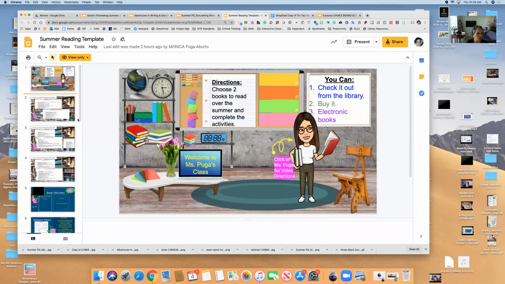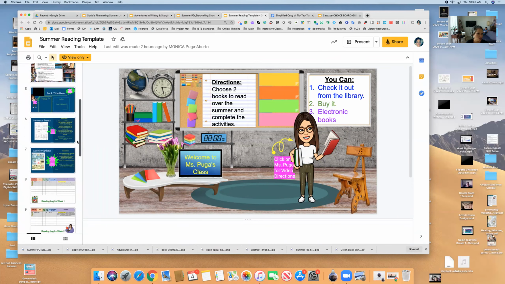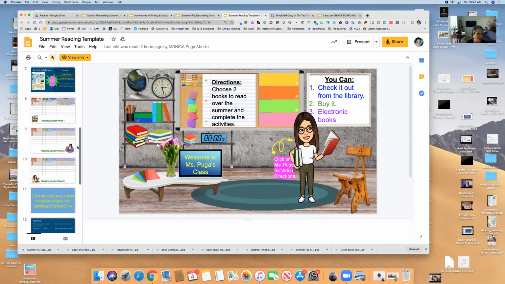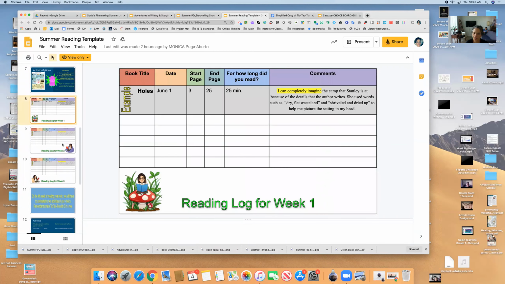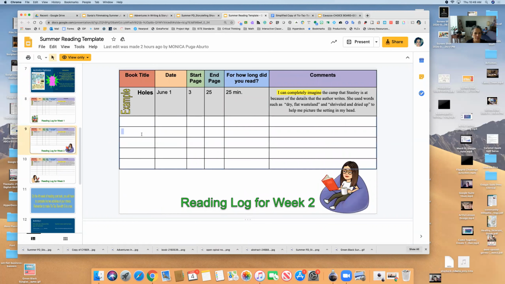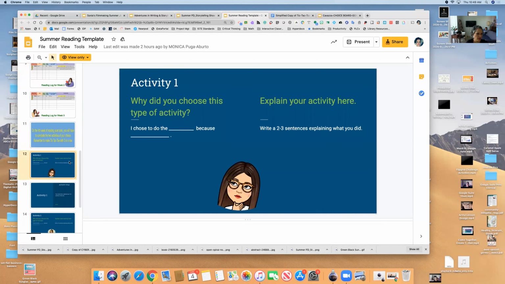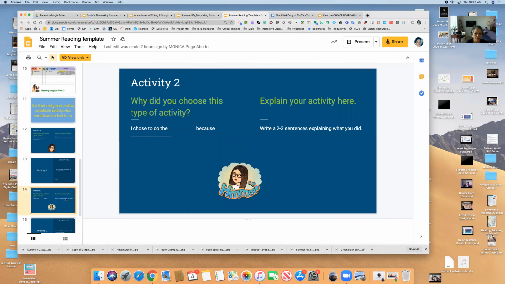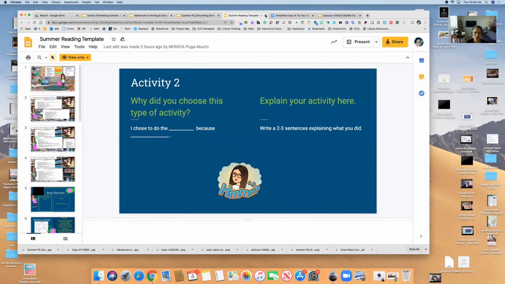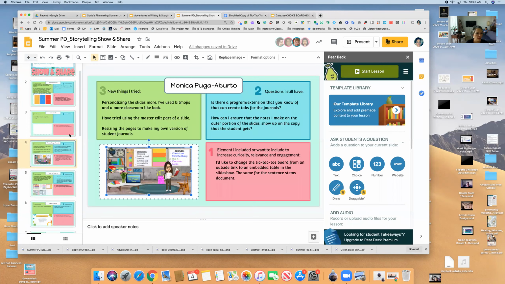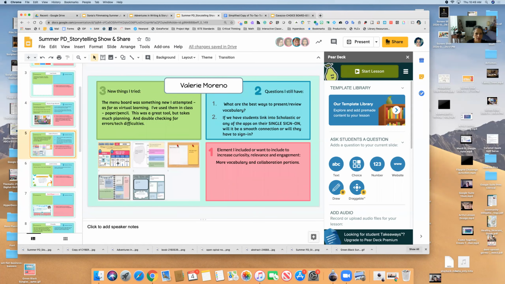So I just wanted to make sure you guys saw that in case you want to go steal that template as well. And then she put in some reading logs as templates. Again, they're sitting on the top of the slide. So I think that's another one where she's going to consider putting those in the masters in the back end. And then some more templates here. Okay, so I wanted to share that work with you, and then this one as well.